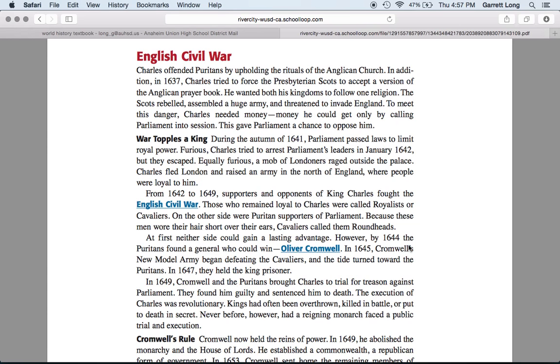So of course, Oliver Cromwell comes along, since he is this hero who catches Charles I, and he becomes leader of England. But he does away with the monarchy, and he no longer recognizes England as a monarchy, and he turns England into a form of a republic. Now, hopefully we remember when